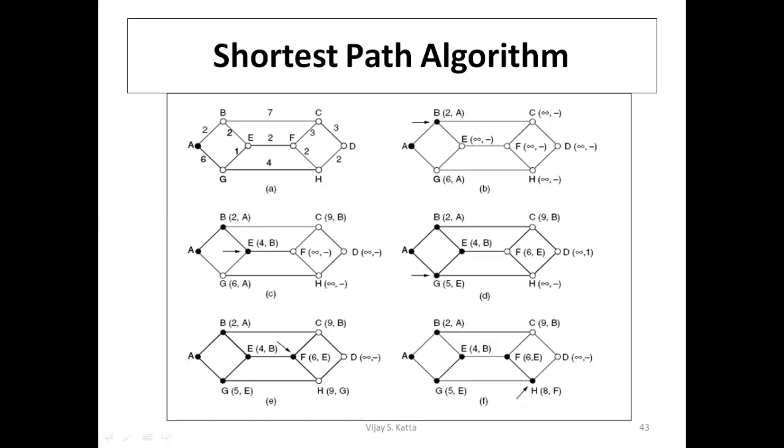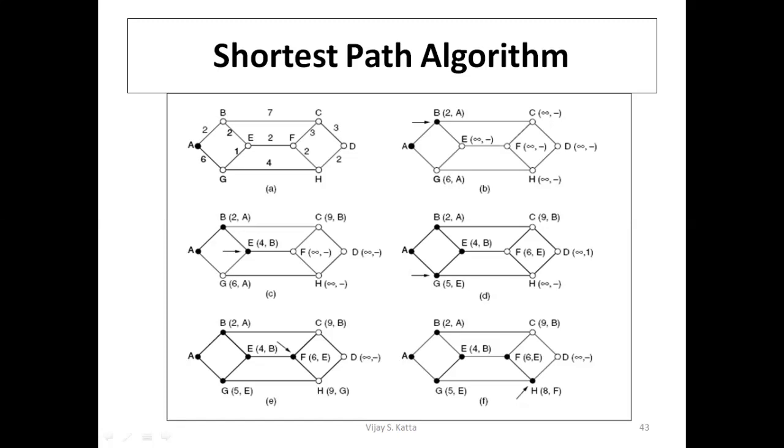But there is a special problem here. A loop back will be performed here. Again the packet will loop back to E, because when the packet is here, the next route will be identified. So G will update its neighbor's weight, that is its neighbor H. So the H weight will be 9. Now from all available ones, 9G, 6E and 9B, the shortest is F. So the packet will loop back here. It means the final route will now be A, B, E and F, not G.